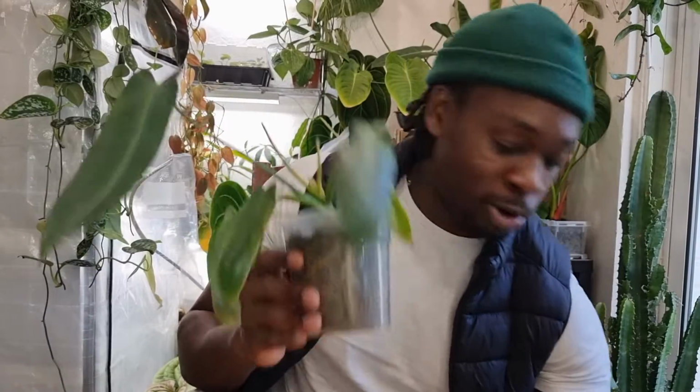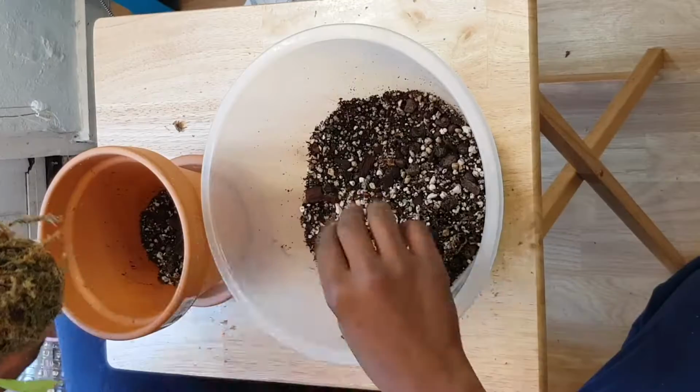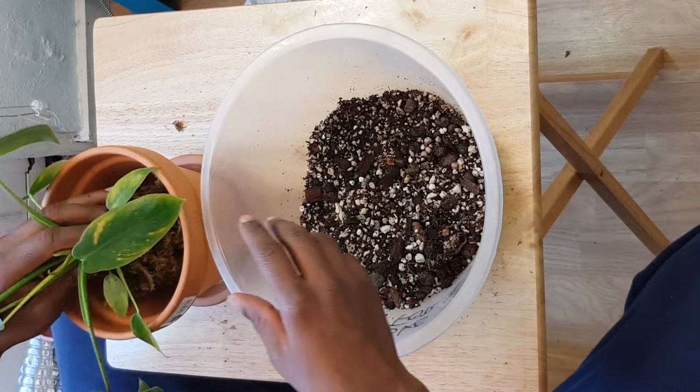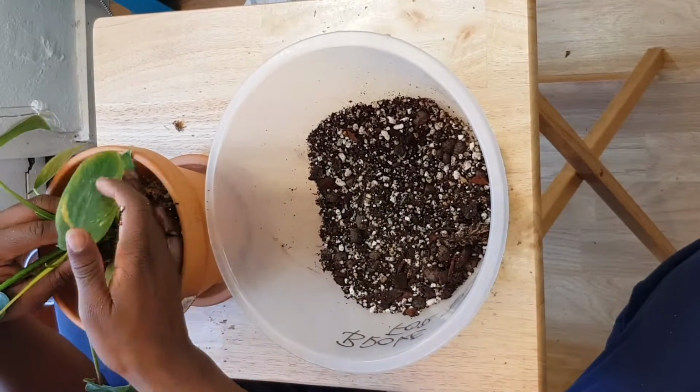It grew to the point where it actually outgrew the pot that it came in. So I went ahead and did a repot on this plant. I'm also going to be repotting it into a slightly larger pot and into soil, something with a bit more substance for this plant. As I said, it's a really airy mix, so I just want to be sure that the plant doesn't suffer any root rot or anything like that. And I'm just gonna have to manage my watering